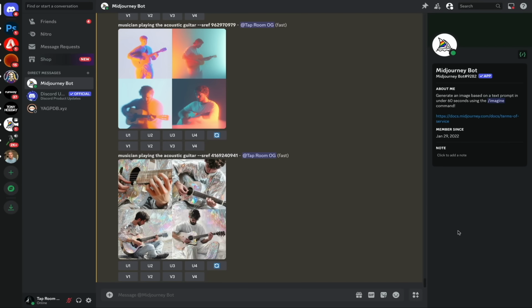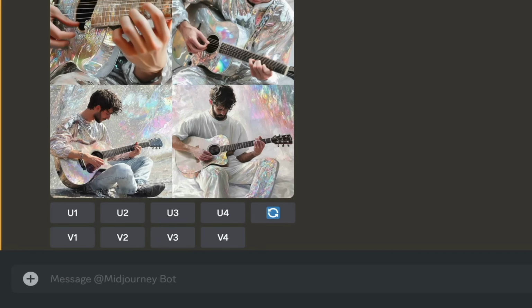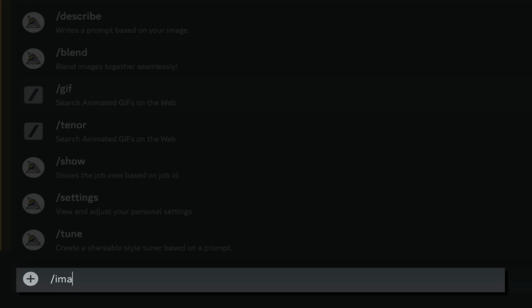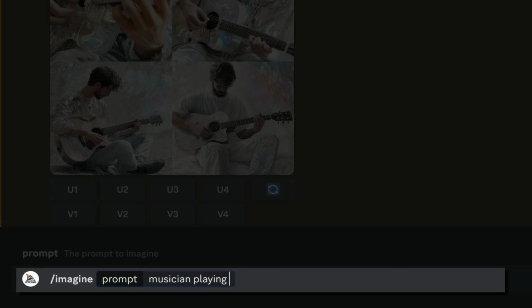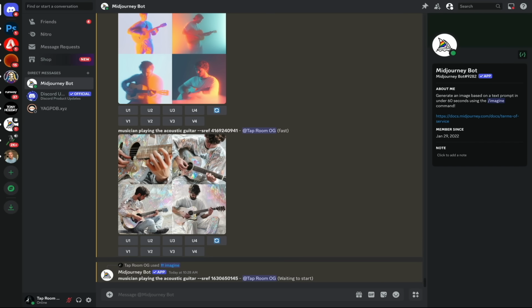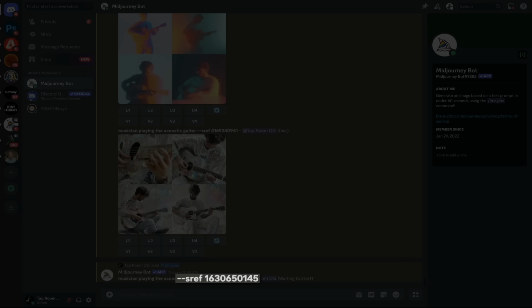Okay, the last thing I want to show you is the random style reference. This basically lets Midjourney pick the style to reference and is a fun way to explore different styles when generating images. And it's just like before in that you'll use the imagine command followed by your text prompt. Then you'll add the sref parameter, but this time it'll be followed by the word random. So instead of the image URL or a specific sref code, you'll just type the word random. And then when you send that through to the AI, you'll see that Midjourney has designated a random sref code for this image, and when it's done,